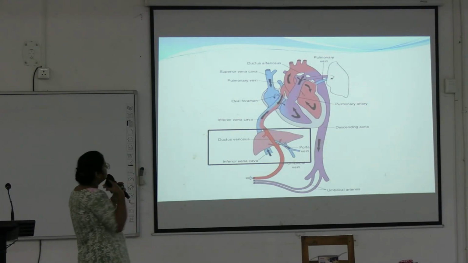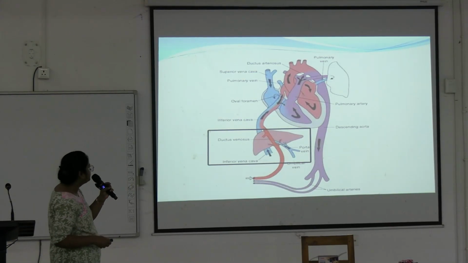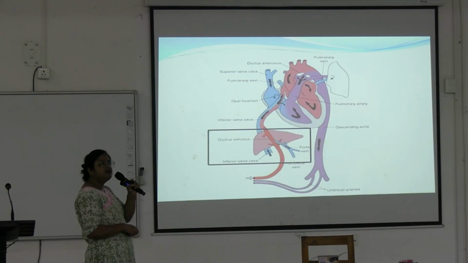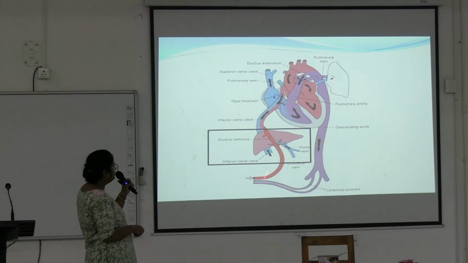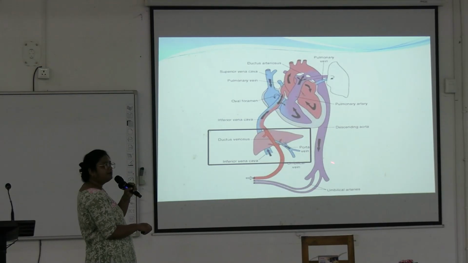Next. You should practice a schematic diagram like this for fetal circulation. This is the umbilical opening. These are coming through the umbilical cord, umbilical vein and umbilical arteries. The umbilical vein enters the liver through the ductus venosus, joins with the inferior vena cava, then goes to the right atrium. Most of the blood is shunting through the foramen ovale to the left atrium, then the left ventricle, then towards the aorta and is distributed to the body.